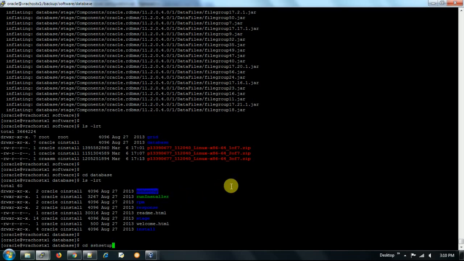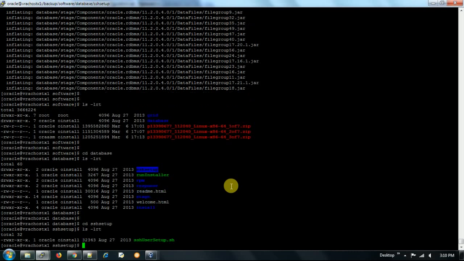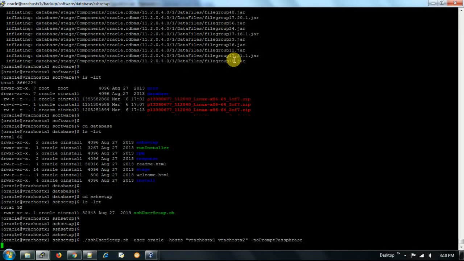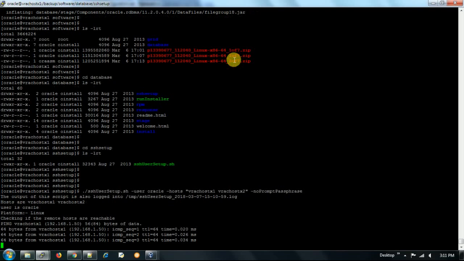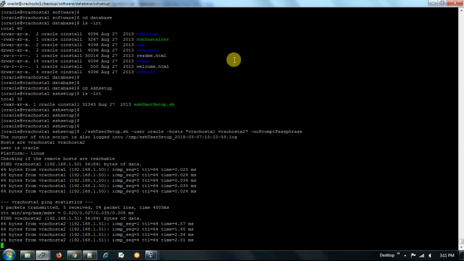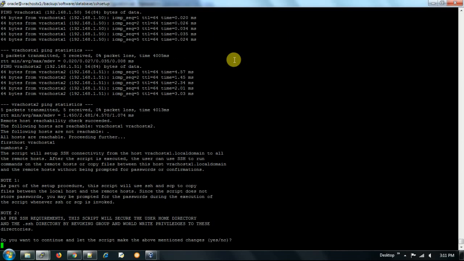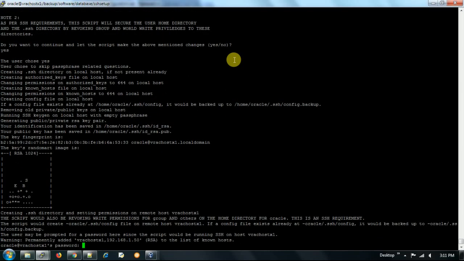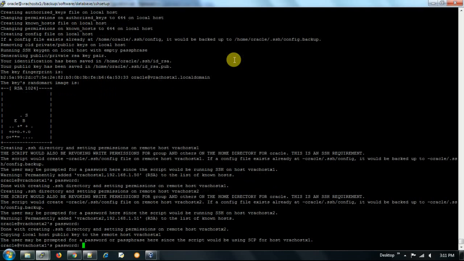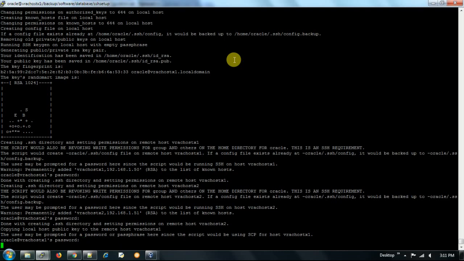So we are setting up the SSH for Oracle user. Under the database directory, go to the sshsetup directory and run this command. This sshUserSetup.sh will ping the public IP address of each node, and once it is reachable, it will ask you to enter yes to proceed further, and it asks for the Oracle user password multiple times, 4 or 5 times, to